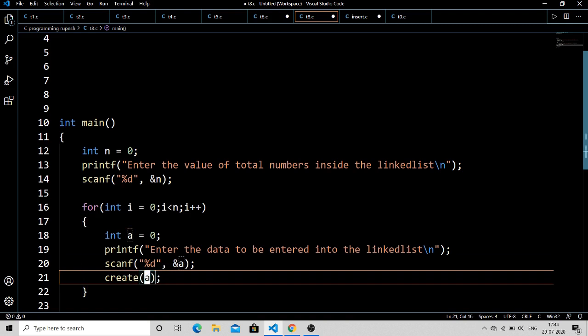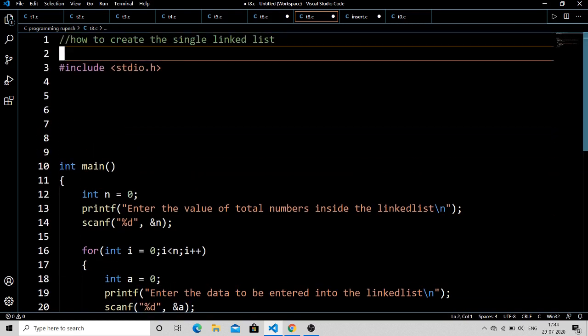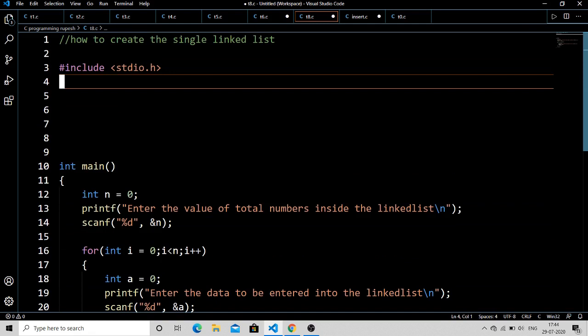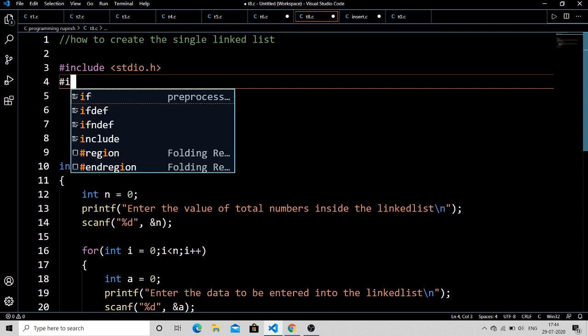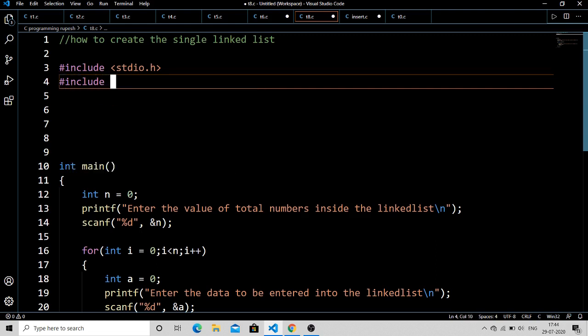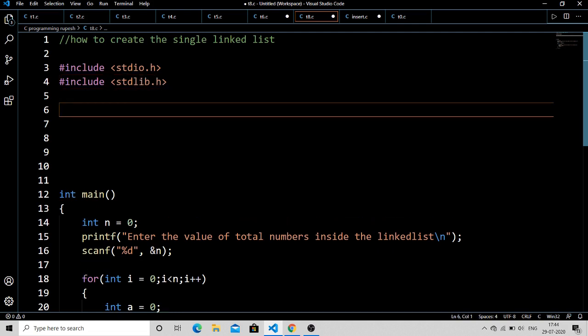Now from here onwards I am going to define the create function. Before that, let's fill the necessary gaps in our code. As this code needs the dynamic memory allocation concept, I am going to include the stdlib library.